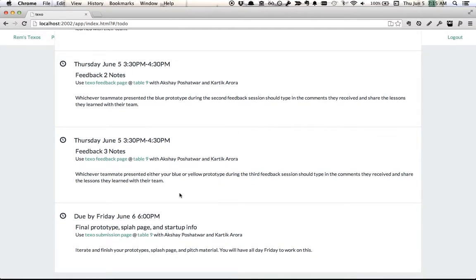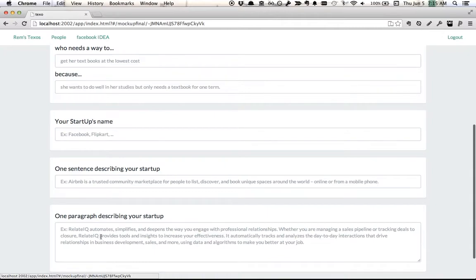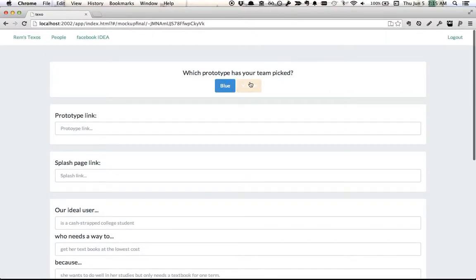Then, starting at Friday, this is going to be the final submission for the week. This is what you're going to be working on all of Friday, your Texo submission page. If you open up this page, you're going to see which prototype your team has picked. Have you decided to go with your blue prototype in that idea, or your yellow prototype in that idea? It's time to select at 4:30 and roll with one. Paste the link to that prototype. So if you pick the blue, paste the link to that Google